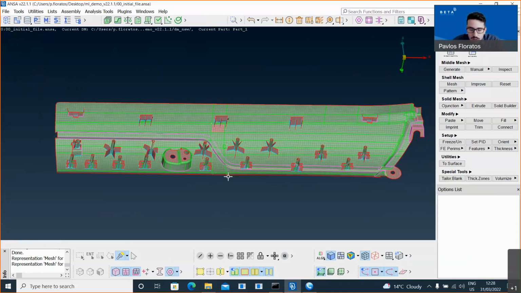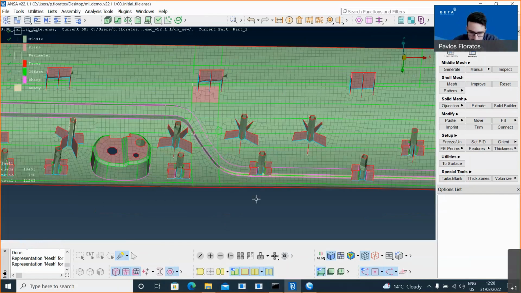So first of all, this ML recognition functionality in ANSA is an add-on feature. So in order to use it, you will need to have some special credits on your license for this add-on feature. And you also need to download and install an ML toolkit with machine learning libraries from our website. You can download it, place it on your machine or on a shared location of your organization. And if you have both the extra add-on credits and the libraries, you will be able to use the functionality.